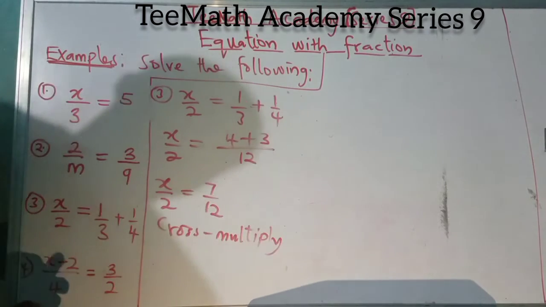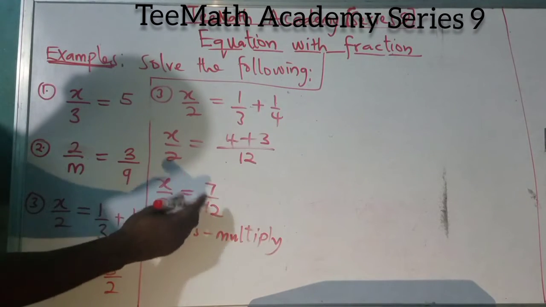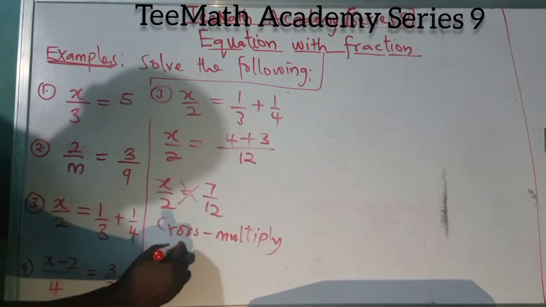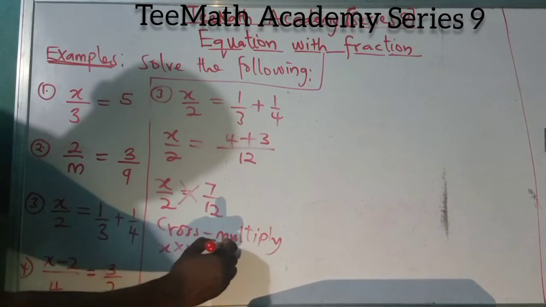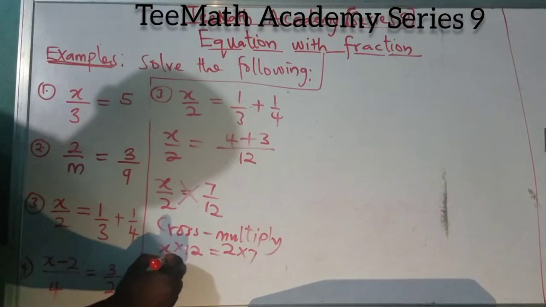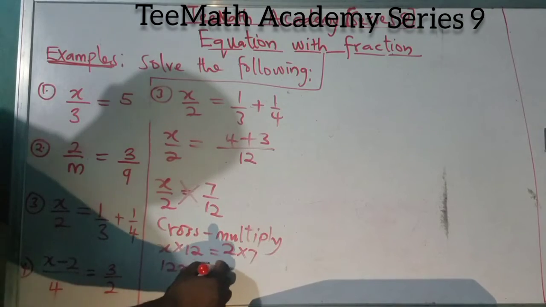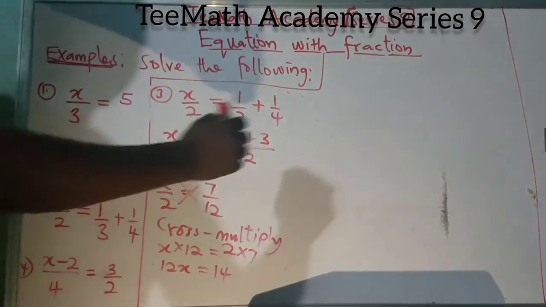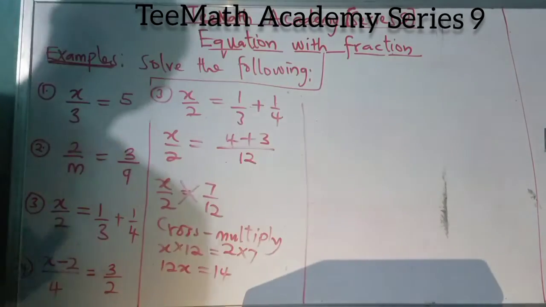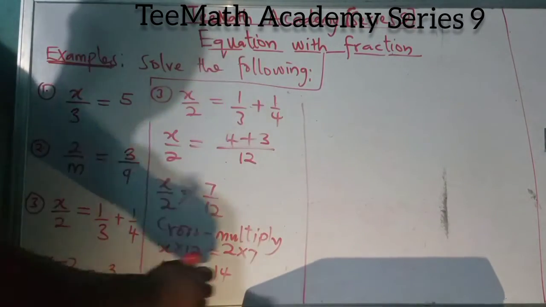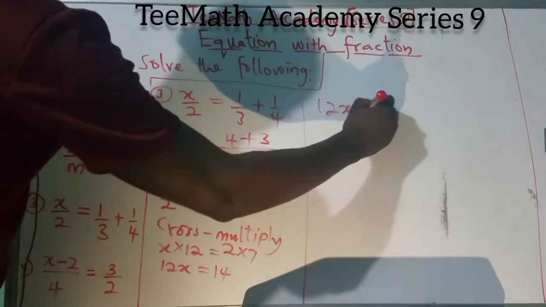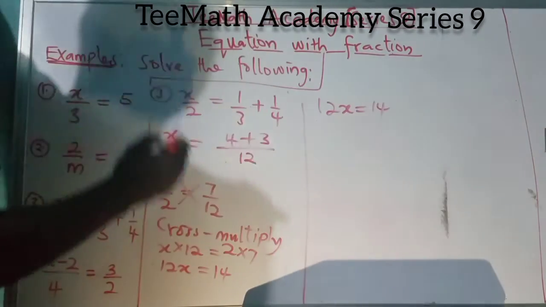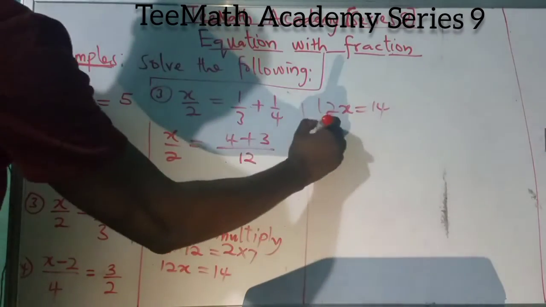So here we cross multiply. What do we say? We say x times 12 equals 2 times 7. So x times 12 is 12x equals what? 14. Now let me just move it up. So here we have 12x equals 14. What do I do here? I divide both sides